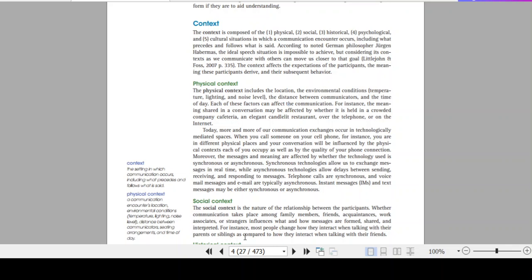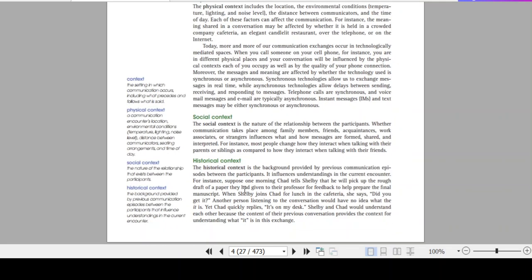So for a good communicator and for a good learner, a good person, a good manager or administrator must know the setting first. Then he or she can designate or attribute the meaning to the certain communication